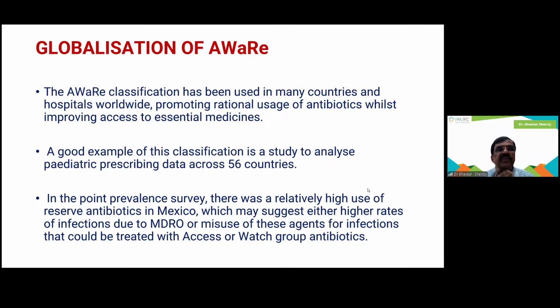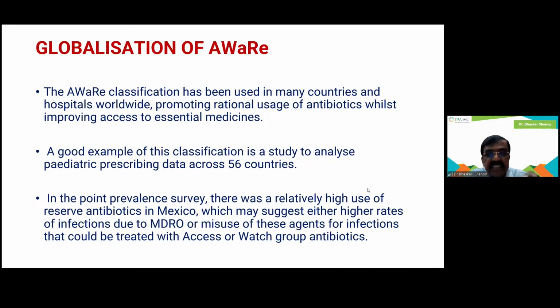So globalization of the AWaRe classification has been used in many countries and hospitals worldwide. And it has helped to promote the rational usage of antibiotics while improving the access to essential medicine. One example is that it acts as a good tool to study pediatric prescription data across 56 countries. There is a huge study across 56 countries, and in that point prevalence survey,